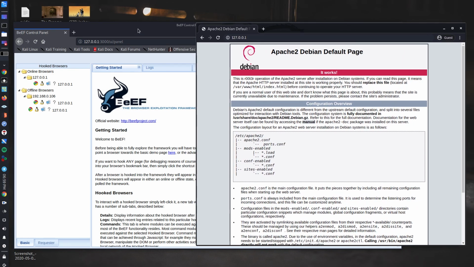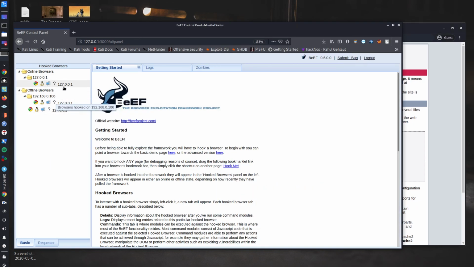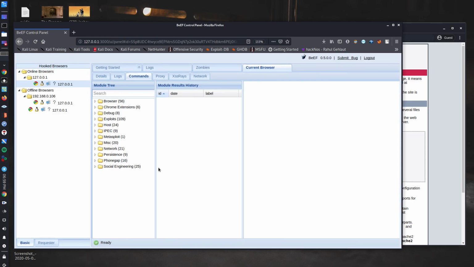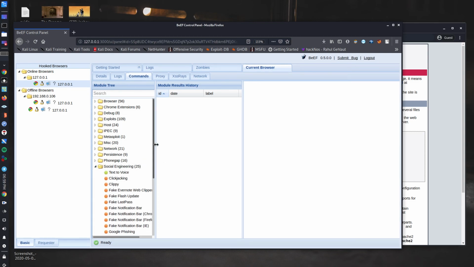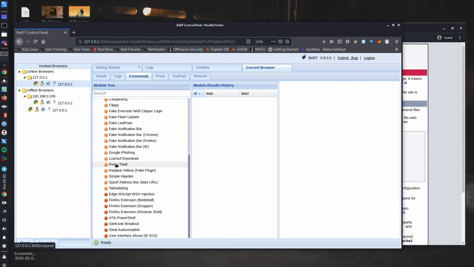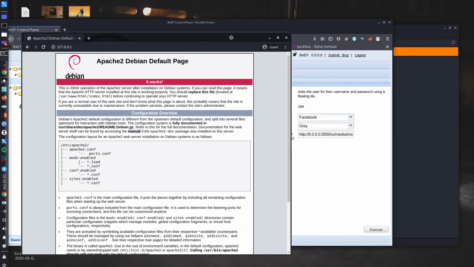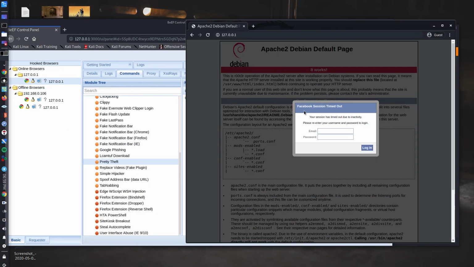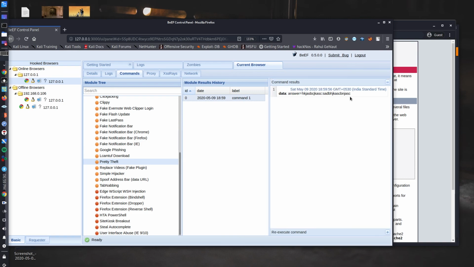I can go to commands, just as an example, then social engineering, then petty theft, and execute this command. You will see a fake popup: Facebook session timed out. Whatever you put in as your email address and password, and you log in, nothing will happen, but the attacker will actually get the entire username and password.